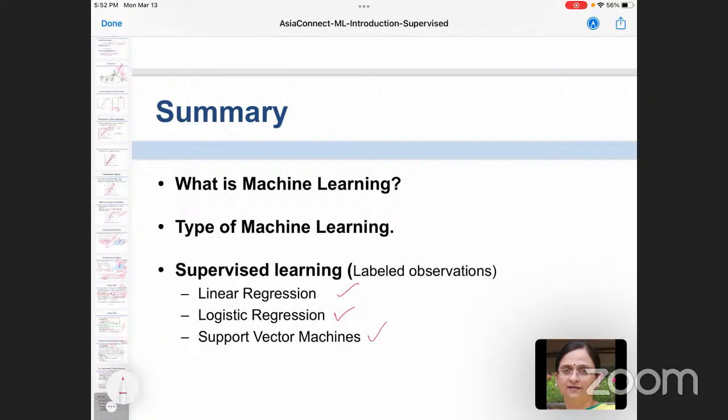But in summary, I think you got a good idea of what the regression problem is, what the classification problem is, and how to solve it using normal logistic regression, binary classification. Then we moved to a different type of machine learning, called support vector machine, SVM, that not only finds a partitioning boundary line, it also finds the line that maximizes the separating margin. These are the vectors, support vectors, that are supporting this boundary.